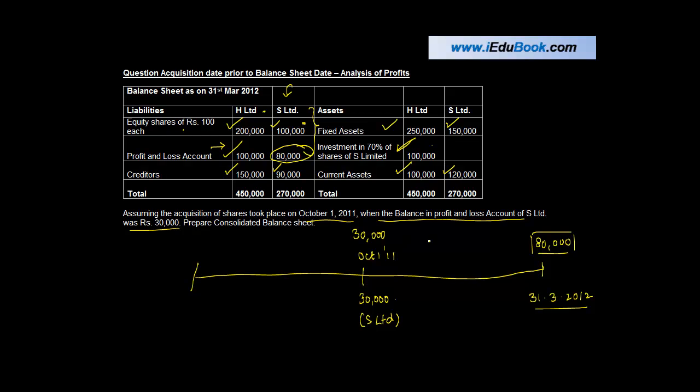Now, what does this mean? This 30,000 is the balance on that date, which means this entire profit was earned prior to this date. Between October 1, 2011 and 31/3/2012, how much did I earn? My balance on October 1 was 30,000 and my balance now is 80,000, so obviously 80,000 minus 30,000, or 50,000, is what I earned between these two dates. Now I clearly know this. For this, what we do is we prepare a statement which is known as analysis of